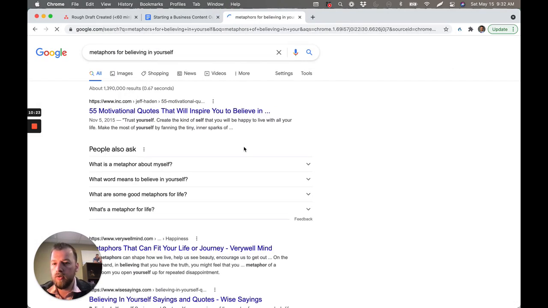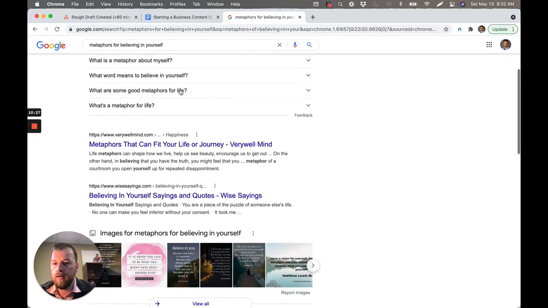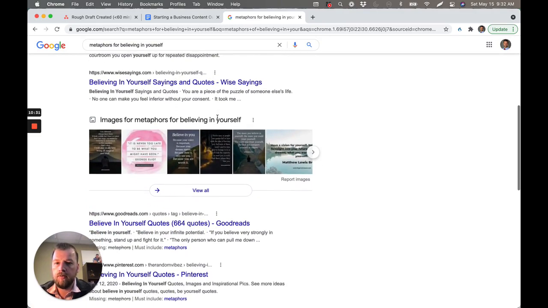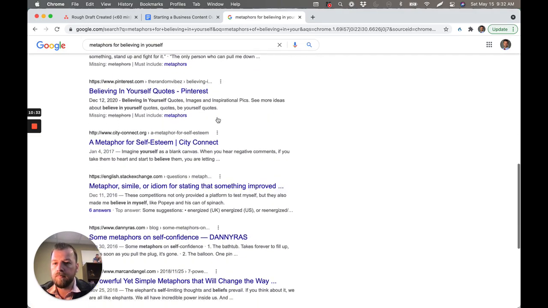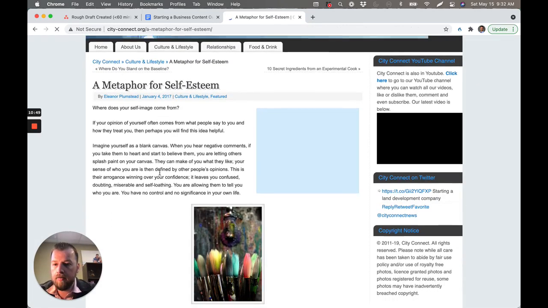As you Google this, you'll find metaphors that can fit believing in yourself, metaphor for self-esteem. There you go. Imagine yourself as a blank canvas. When you hear negative comments, if you take them to heart, start believing in them, and so on. This is also a possible thing to have towards the beginning.